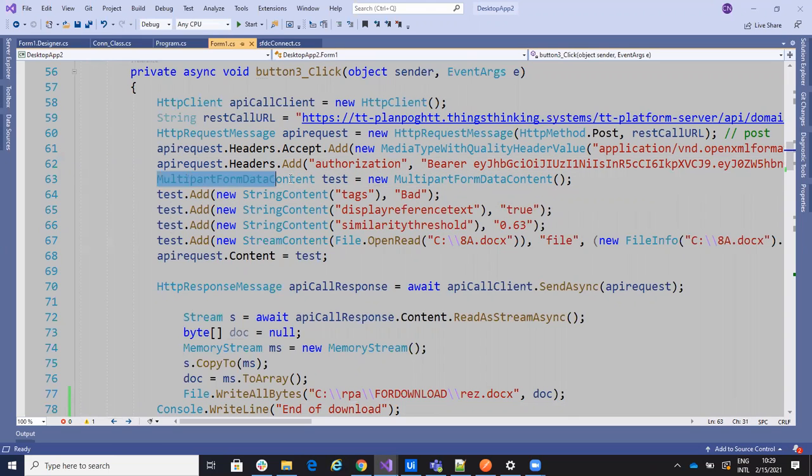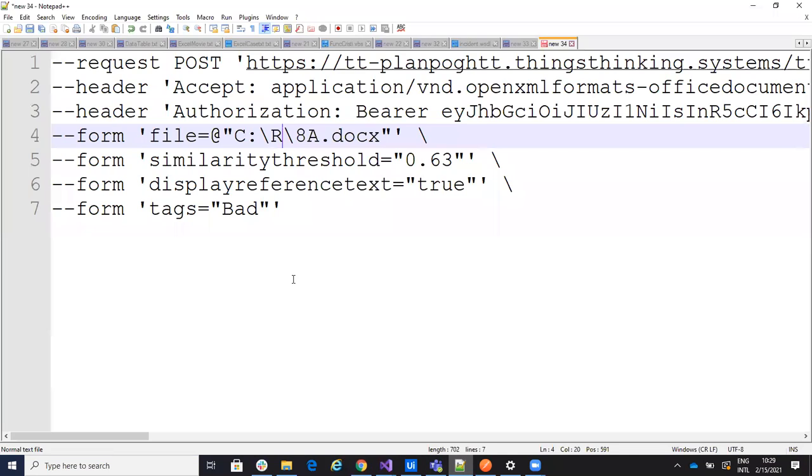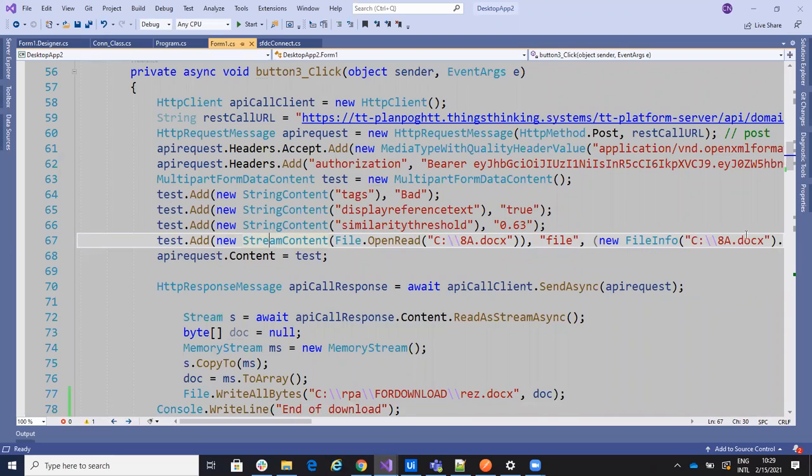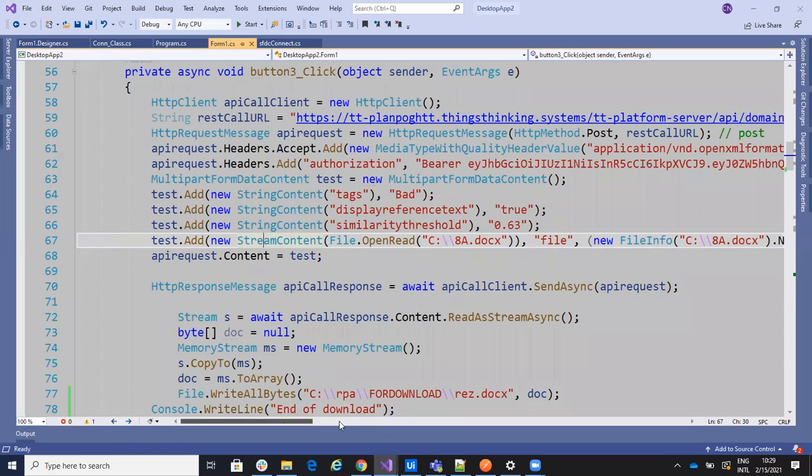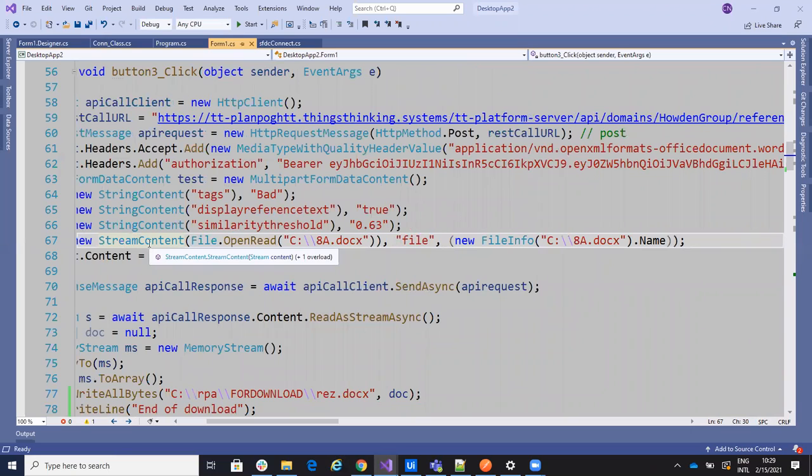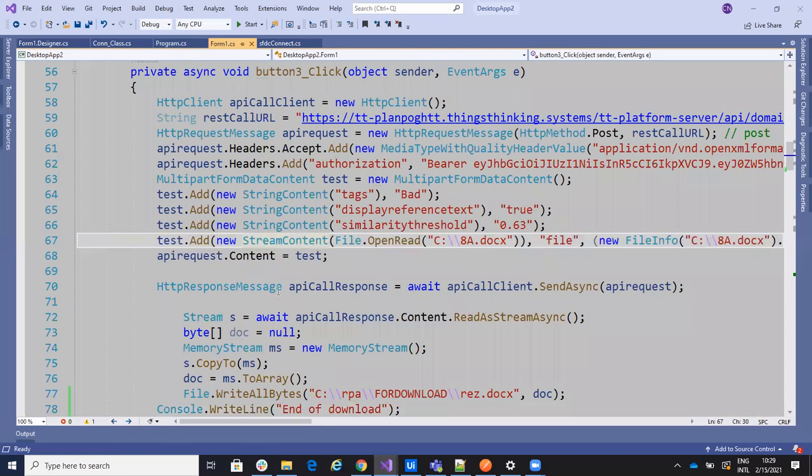Then I will create a MultipartFormDataContent. On this MultipartFormDataContent, I will put StringContent with my values. And for the file, I will use StreamContent. You see it's here, stream. On the stream, I will put File.Open to have my file. Then I have the file, which is the tag for the file. If you remember, here the tag is file. And here I will put the name of the file. So I have to provide multiple things: the content, the tag, and the name, and the file name. Good.